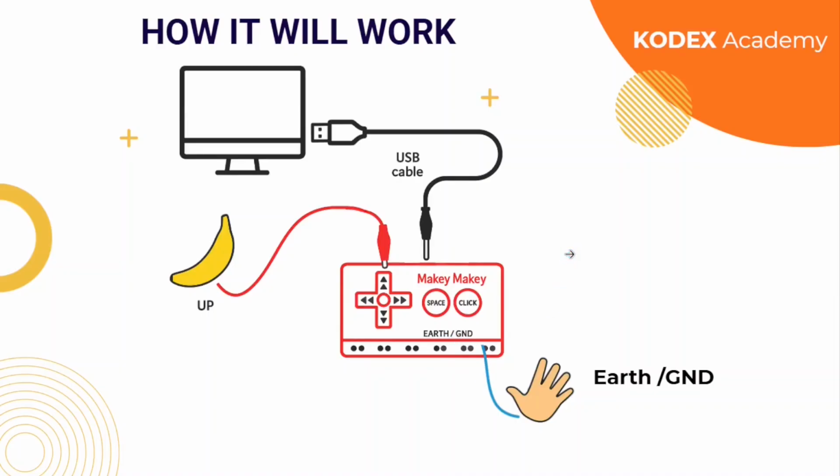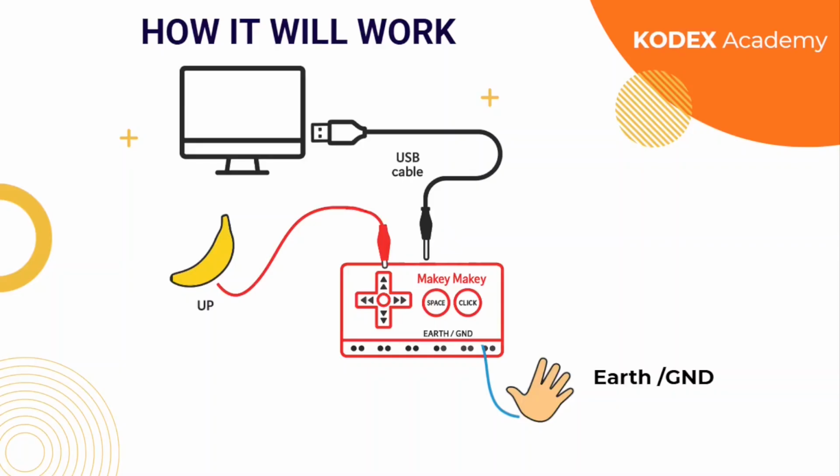Take this ground wire in your hand, or you can use any other object to make your circuit complete. So you can see here in this circuit of Makey Makey kit, the computer will work as the battery which gives the power, and the Makey Makey kit will work as a touchpad, and with this keyboard you connect different objects, and those objects, with the help of the Makey Makey kit, turn into touchpads. Okay, I hope you understand how the Makey Makey kit works.